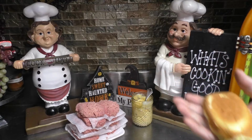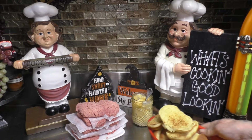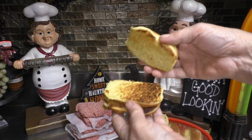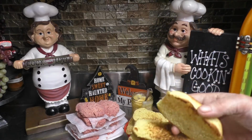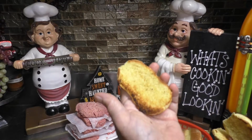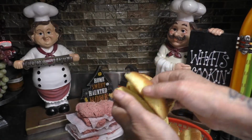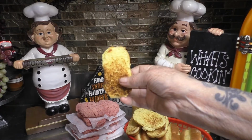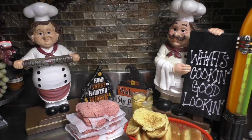So you would slice this bun in half, grab another bun, slice that in half, and take one of the halves, and you will have yourself here's one, here's the middle bun, and like I say, we're gonna lightly toast them. Now the top and the bottom bun, you're only gonna toast the inside of the buns, not the outside. Now the middle bun, you're gonna want to toast it on both sides. So with that all being said,